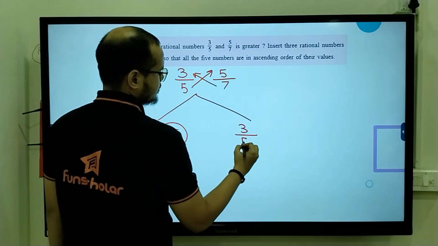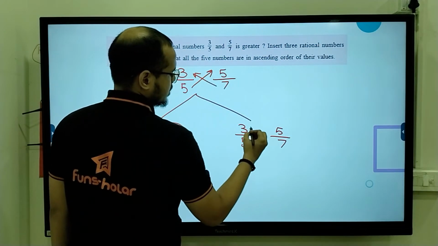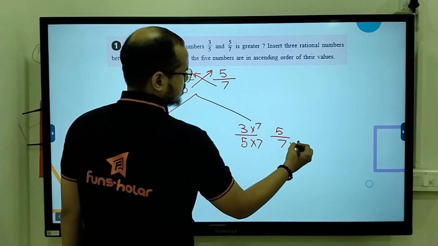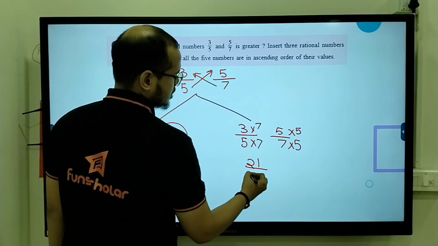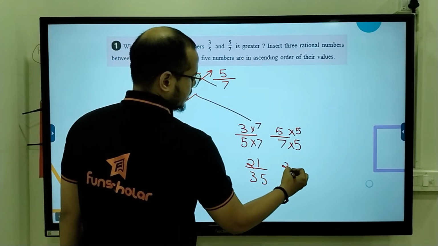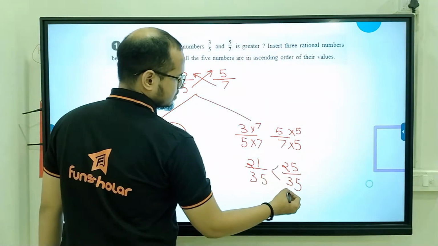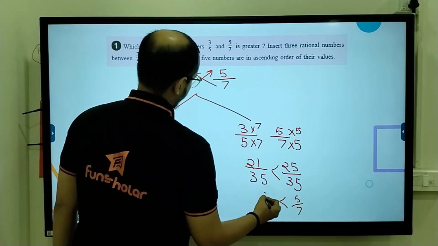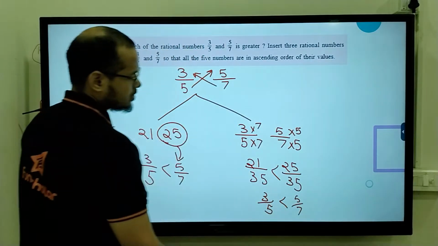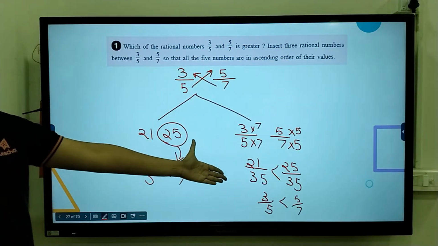So 3 by 5 and 5 by 7, multiplying by 7 and 5 respectively. So what do we have? 21 by 35 and 25 by 35. Now we know this is greater, but this is actually what? This is actually 5 by 7, which is greater than 3 by 5. Okay, so by any one of these two methods, we have realized that 5 by 7 is greater than